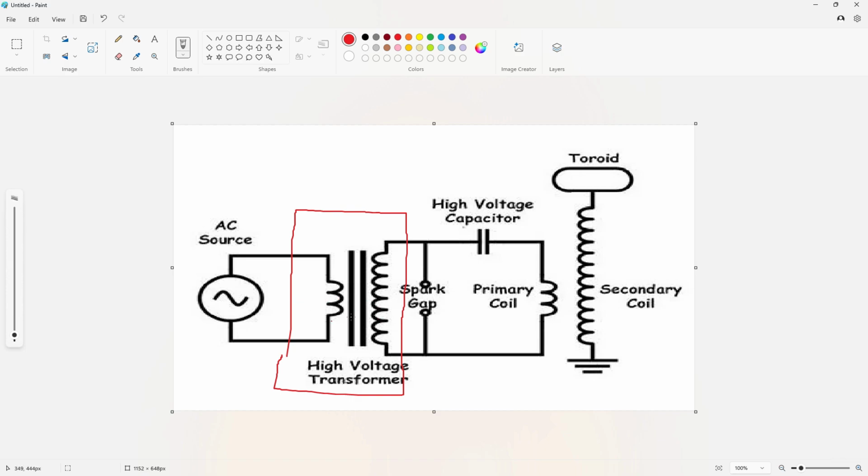Another quick note is that this high voltage transformer could also be a low voltage transformer if you just ran it backwards. So let's say this transformer had a 120 volt primary and it had a 1000 volt secondary. Okay, let me move this over here. If it had a 1000 volt secondary and 120 volt primary, well, if we put 120 volts from this end,